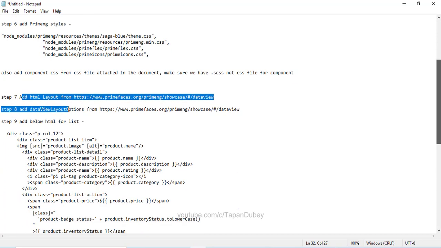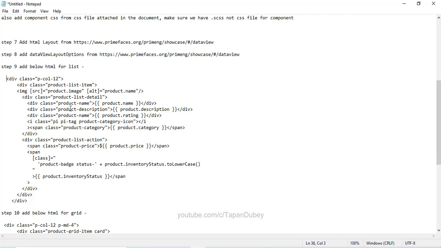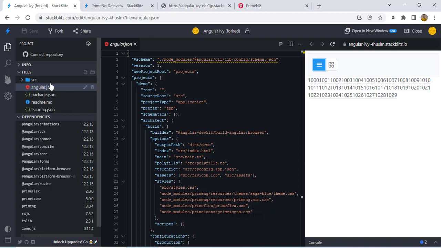So the ninth step is I'm going to add this HTML. So this HTML is nothing but, like, I'm adding this image, what we are going to show, what we are having in our JSON. I'm going to display the product name, descriptions, and for now I'm displaying the rating as a number. We will enhance it in the upcoming videos, and also I'm displaying this category. So let me copy this HTML part